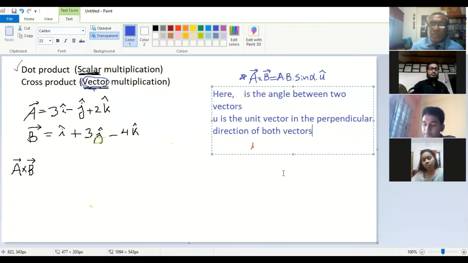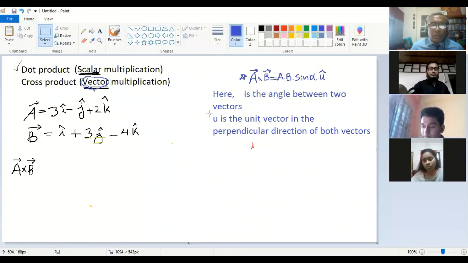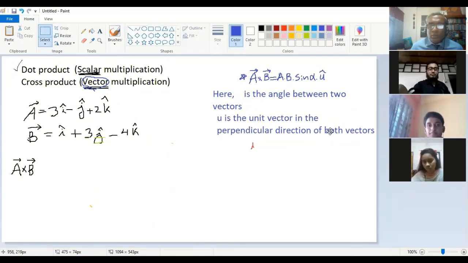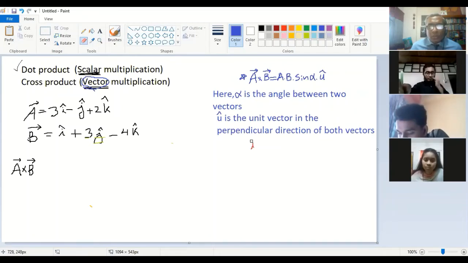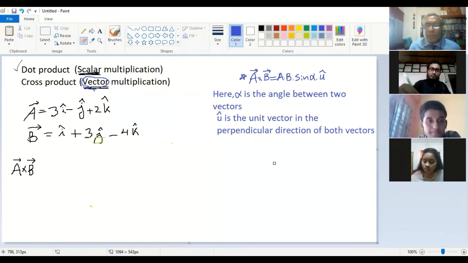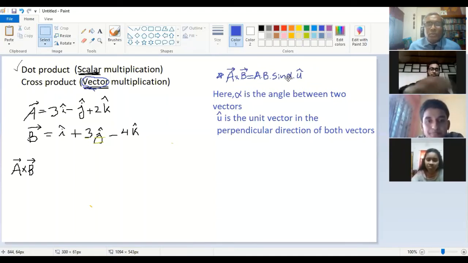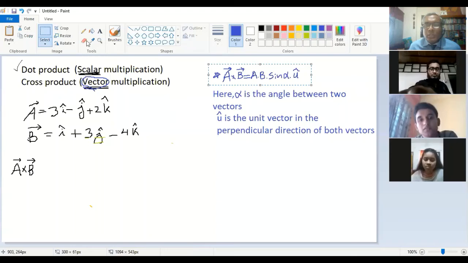So what is that? We have two things here. One is alpha, and another one is u. u is the unit vector. If you think about alpha, it is clear, it is something like previous. And what about u? To understand what u is, you need to read this and then try to understand what I say.